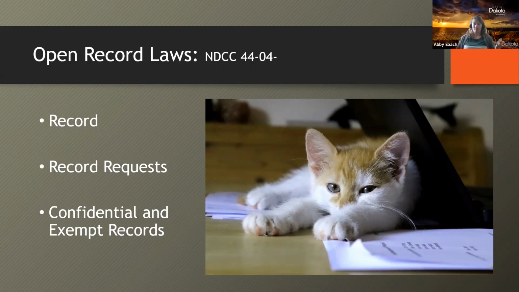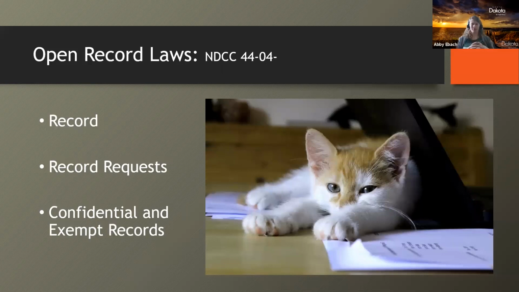A record request, by default, is the right of anyone to view or receive a copy of a record. The main rules are that the library cannot ask why the records are requested or the name of the requester. Records can be requested in any medium, so somebody can call, it can be in person, the request can be in an email or an actual letter. The request needs to identify which specific records they are requesting, and the entity, the library, can delay acting upon the request while waiting for the requester to clarify which records they would specifically like.